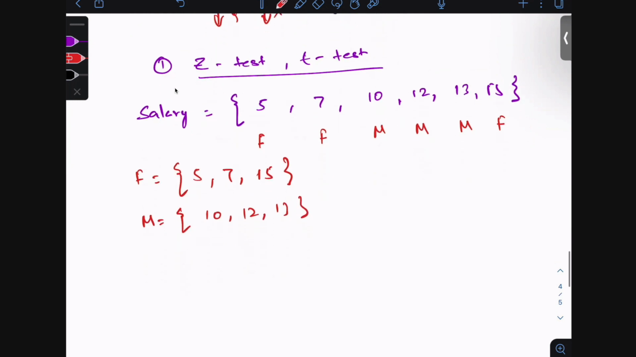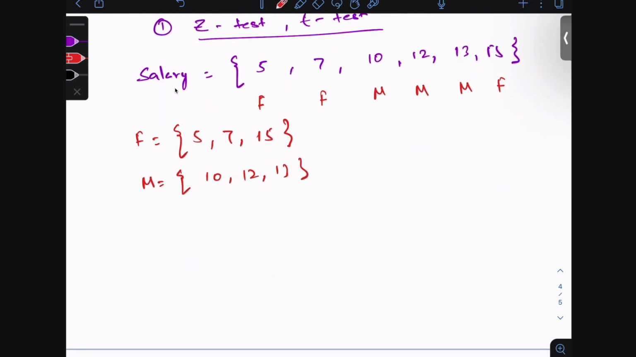The question which may come to you, to find the correlation, not really correlation, but the nature of association, is: hey, is female salary significantly lower than male salary? Right? That kind of question will come. And how can we solve this through a z-test or a t-test? Through a z-test or a t-test, we